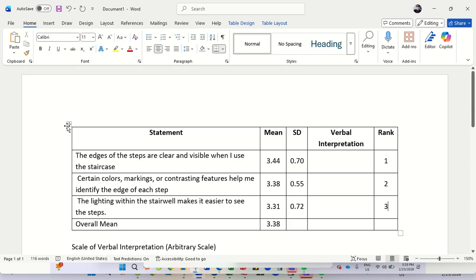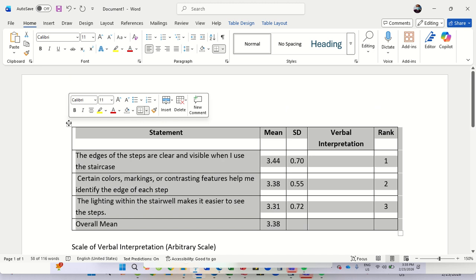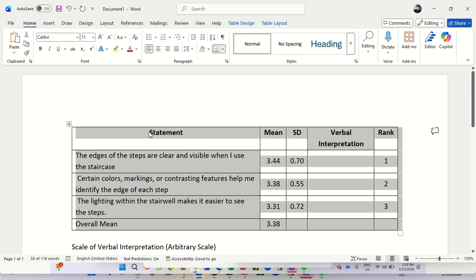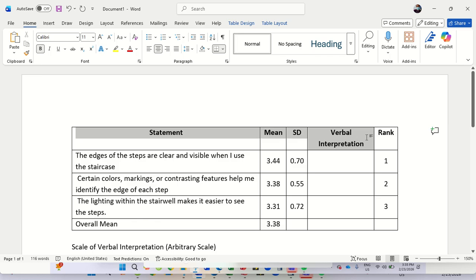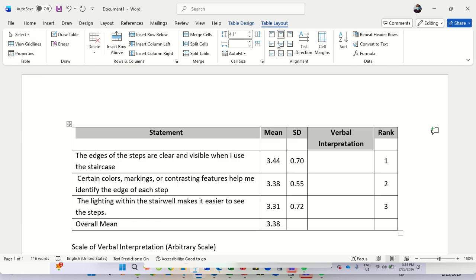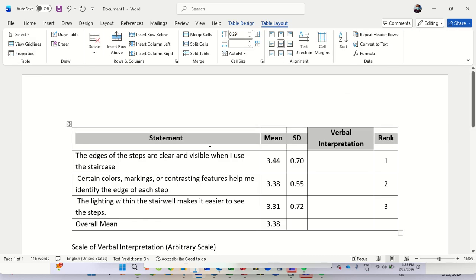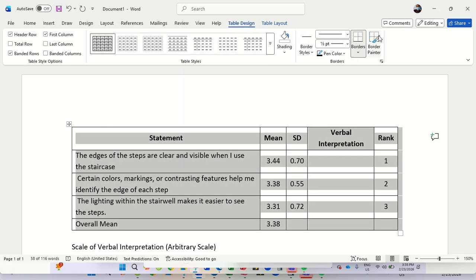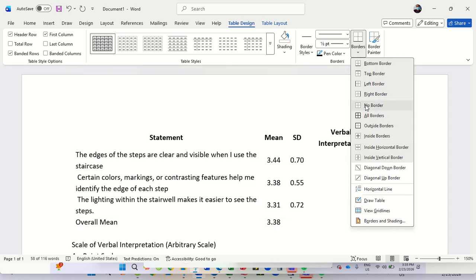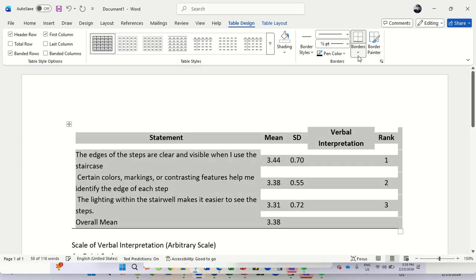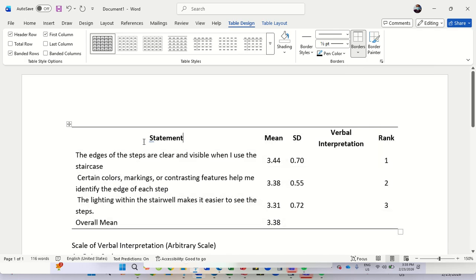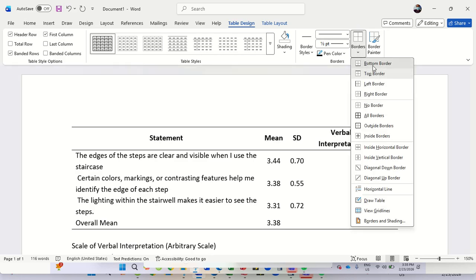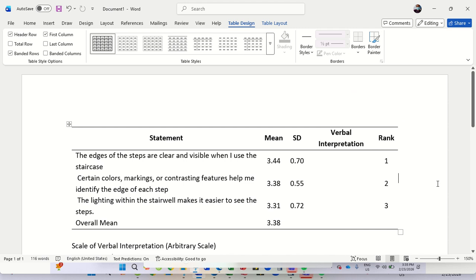And then in the research format, the table shouldn't look like this one. The table should look like with header with that. So let me go on table layout. Once again, you put it at the middle. Now, in formatting this table, you need to look at now your table design. Look at it now on your border, first thing. And then you get into the bottom and then to the top. And then on your heading, you need to put now the bottom. And that is how it looks like when you're presenting it in your paper.